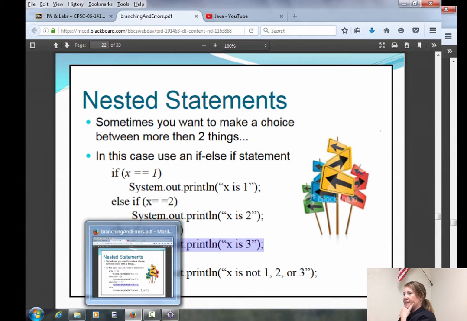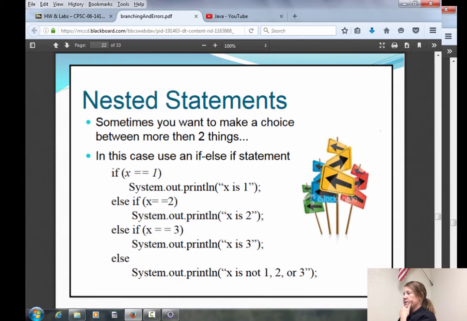Yes, question? For an array? You mean checking an array? I wouldn't get mixed up with arrays right now, but if you wanted to check with an array, you'd wrap this in a for loop and you could check the values of an array like this too. You could use the same kind of branching statement.